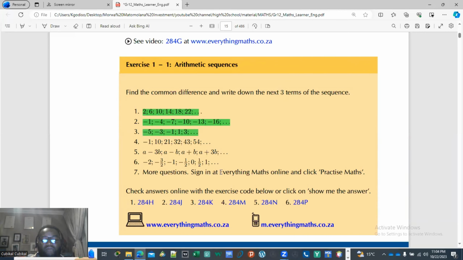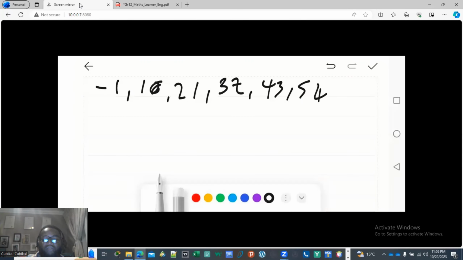Now coming to number 4, you will realize that we are actually supposed to be doing the very same thing. Let's check. Okay, so it's -1, 10, 21, 32, 43, and 54. Going back to where we are working on our board, you will realize that we also